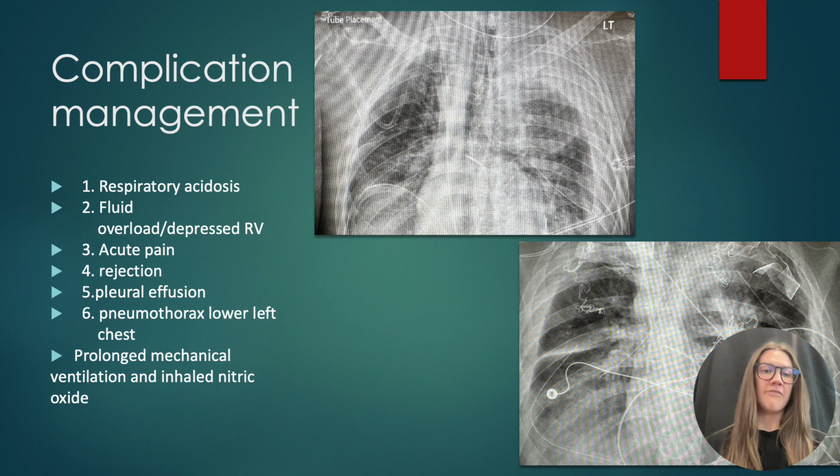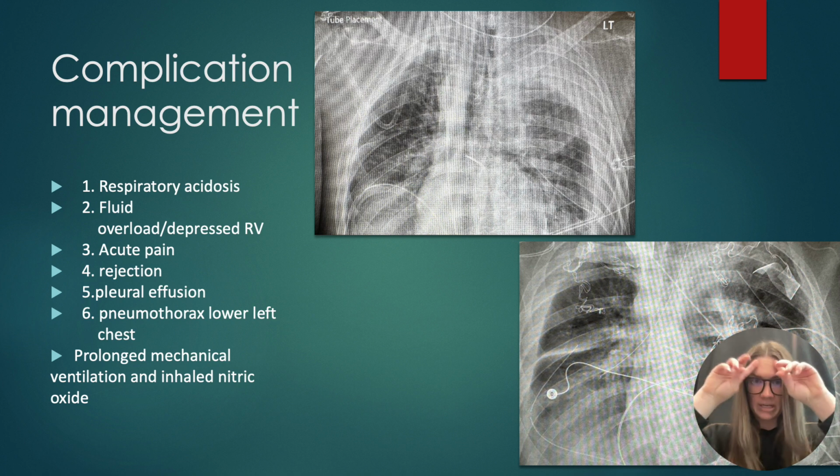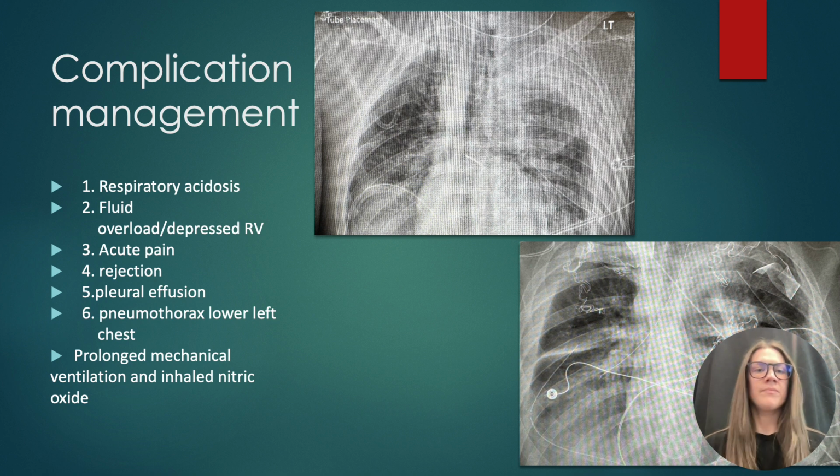A lot of times they have fluid overload and depressed RV function, so typically we'll start them on CRRT, which is continuous renal replacement therapy, or continuous dialysis. It's much easier on the body and on the systems post-transplant. We'll do inotrope titration, such as dobutamine, epi. We'll add diuretics, albumin if needed. Obviously, we're going to be monitoring those I's and O's and taking daily and as needed chest x-rays just to monitor if the chest and lungs are looking any more fluffy, if there's any more fluid in them, etc.